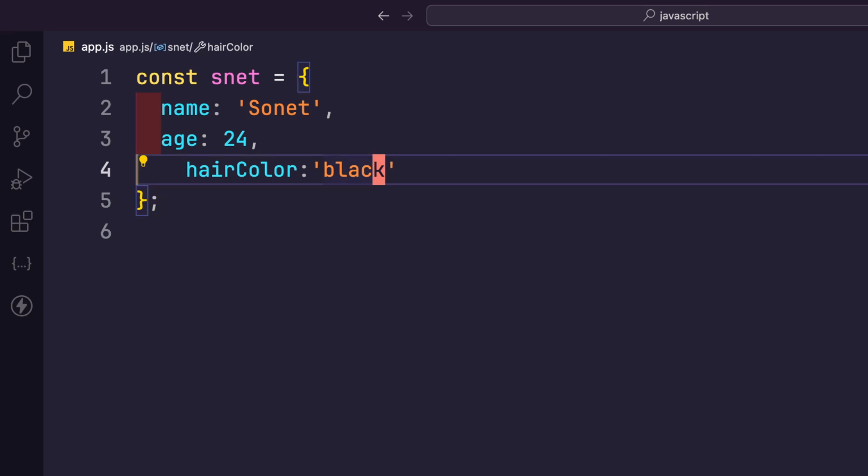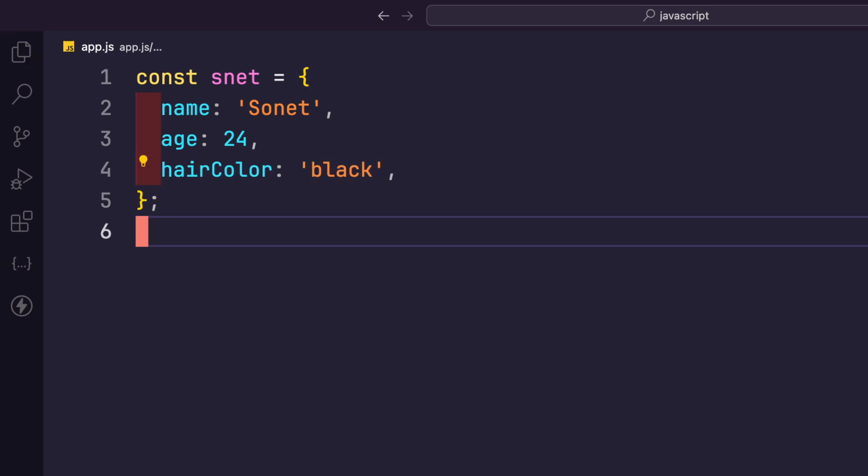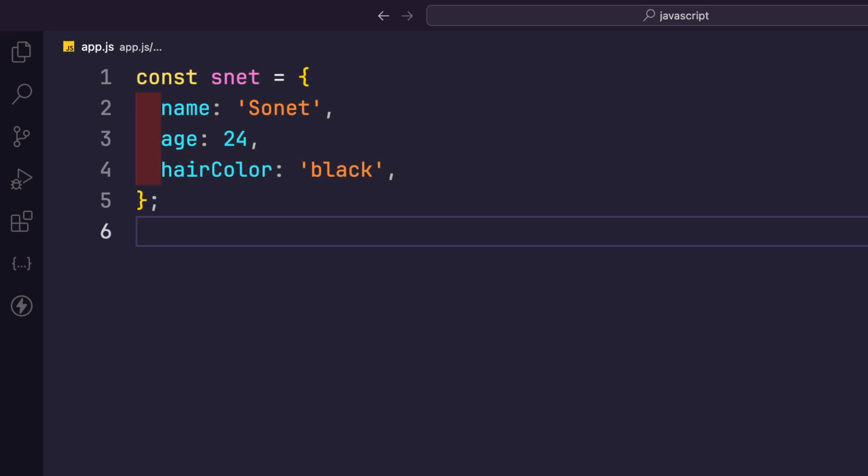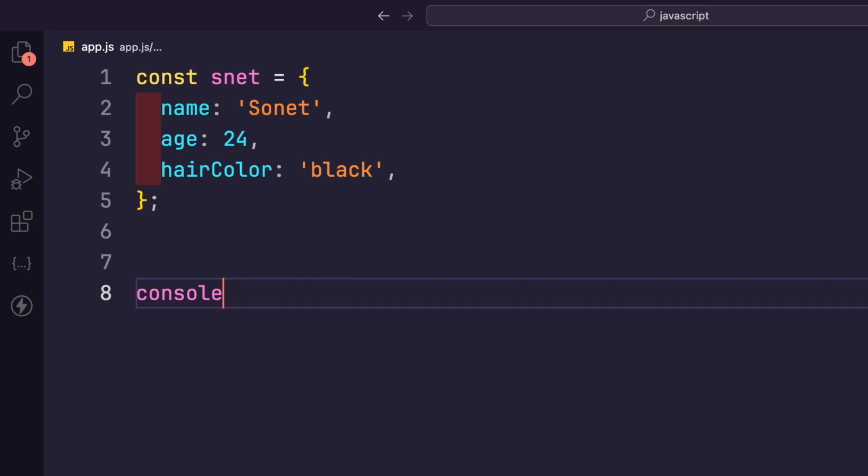It's not formatting, why? Let me do it manually. Yep. So this is sonnet, and this entire thing is one variable. We have the name, the age, and the hair color of him. Okay, so now if I console.log it,